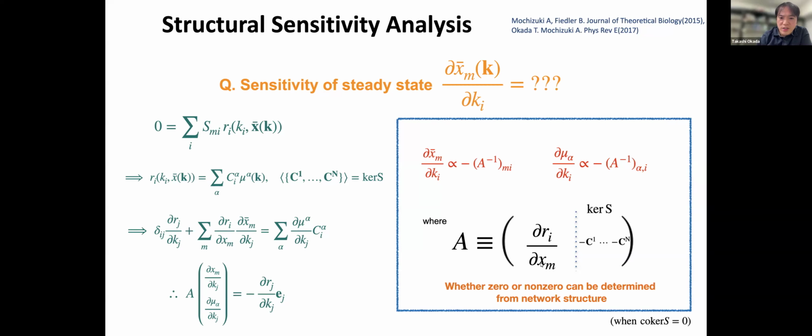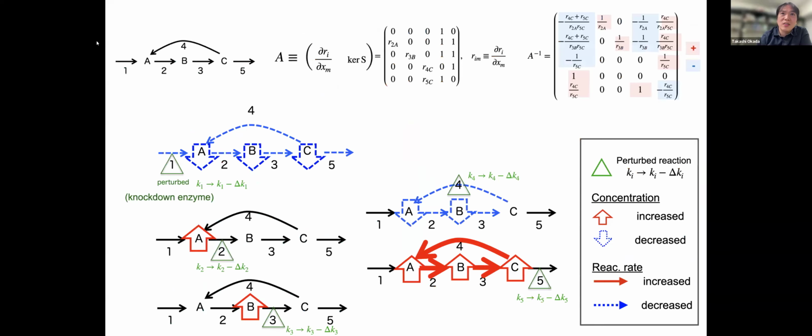And I'd like to illustrate this point in the previous example. For this network, the matrix A is given like this. The matrix A consists of two parts: reaction rate derivatives and the kernel vectors. For example, R2A appears here because reaction 2 depends on the concentration of A. Okay, so we have non-zero elements on the left, and